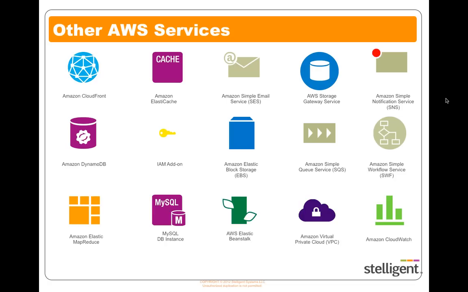Elastic MapReduce is a managed Hadoop framework. So if you're dealing with big data and things like that, it manages all the back end. You don't have to deal with the hardware and so forth. You just deal with it through a service. So if you're used to using Hadoop, but you don't want to set up and manage, probably more importantly, all the servers, you can use Elastic MapReduce, or EMR.